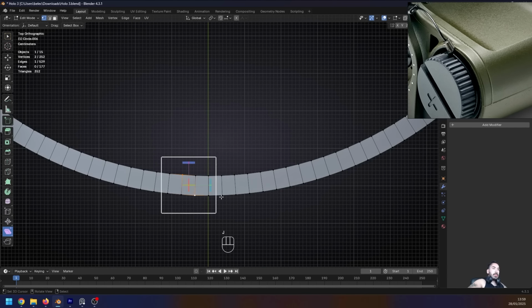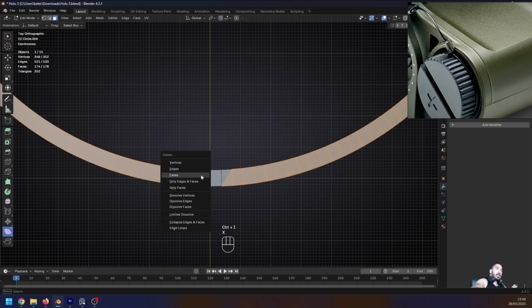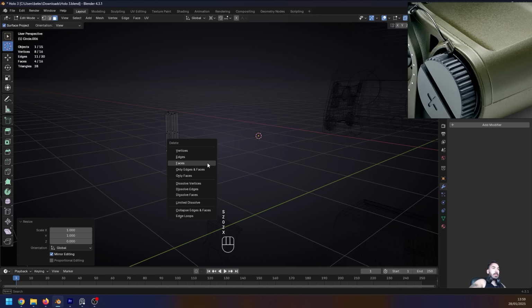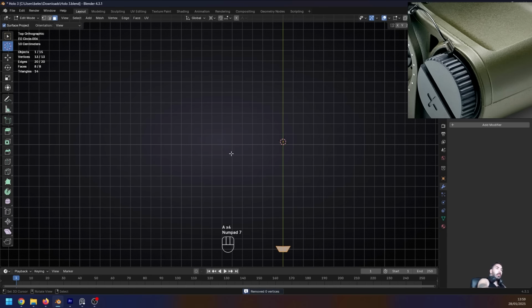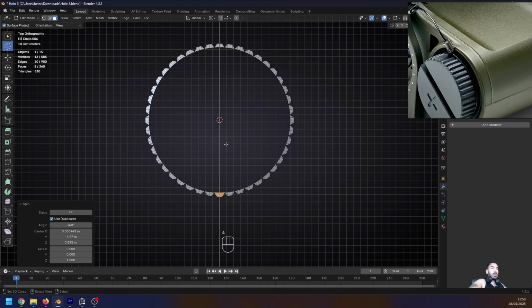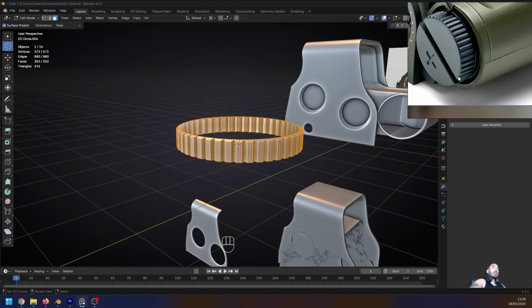So I'm going to join these vertices diagonally like this with J. Select this little area here, invert the selection, delete all the other faces, and now we're going to extrude this so we get a little bit of thickness here. I'm going to delete the faces at the bottom and on the inside. And now I just got to go to top view. I'm going to use my spin tool, Alt E. I'm going to check use duplicates and set the number of steps to 44. So now we got 44 of these little ridges,